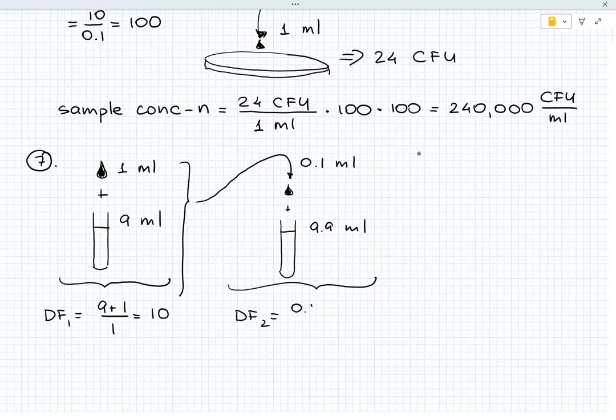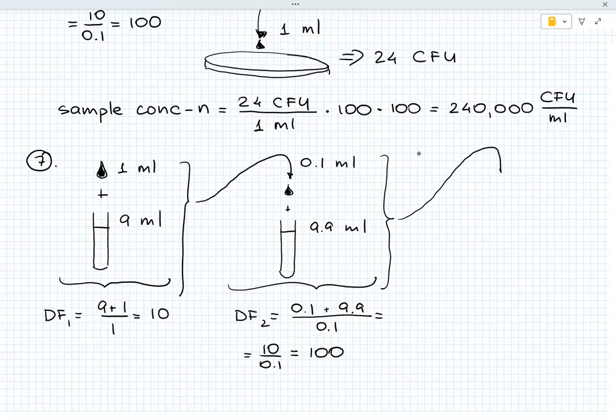So volume of a sample 0.1 plus volume of diluent 9.9 over 0.1. So 10 over 0.1 gives you 100. Okay? And then we plate this. What volume do we plate? 1 ml gets plated